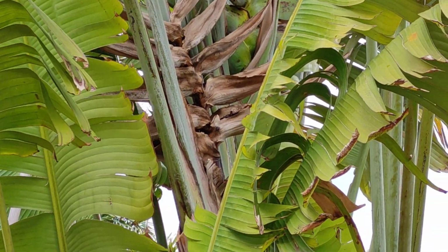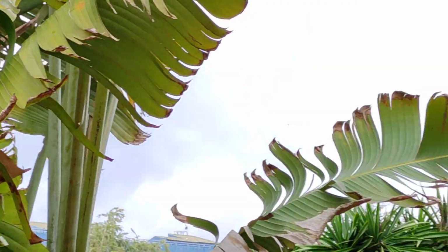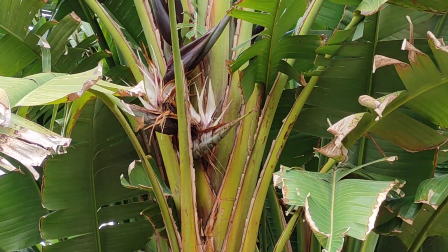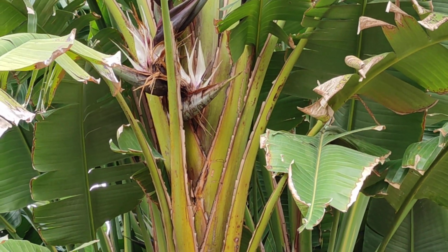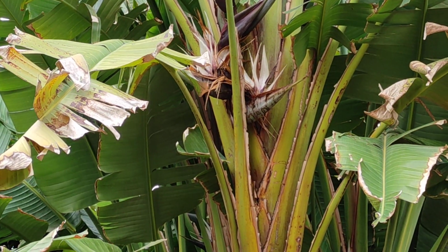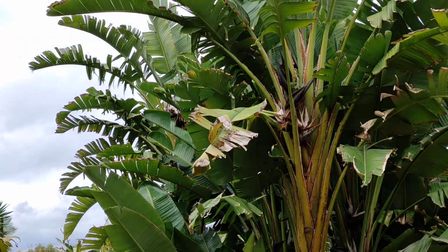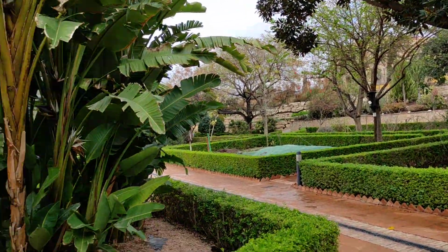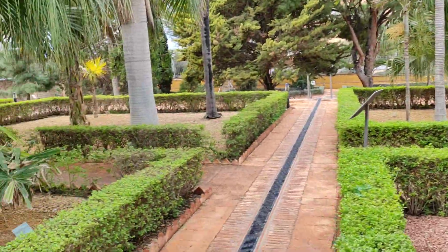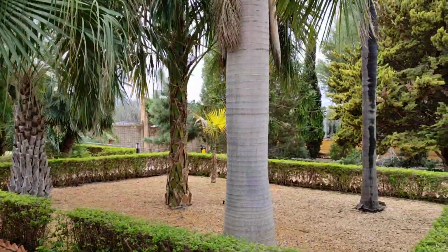So here again, folks, Ravenala Madascariensis, which in the tropics will be a lot bigger and more lush. And here Estrellizia Nicolai. This is also a small specimen or a young specimen. In the parks of Malaga, you can find them. Some are above 8 to 10 meters tall. There is interesting stuff over there, but there is also interesting stuff over there. Where shall we go first? Well,